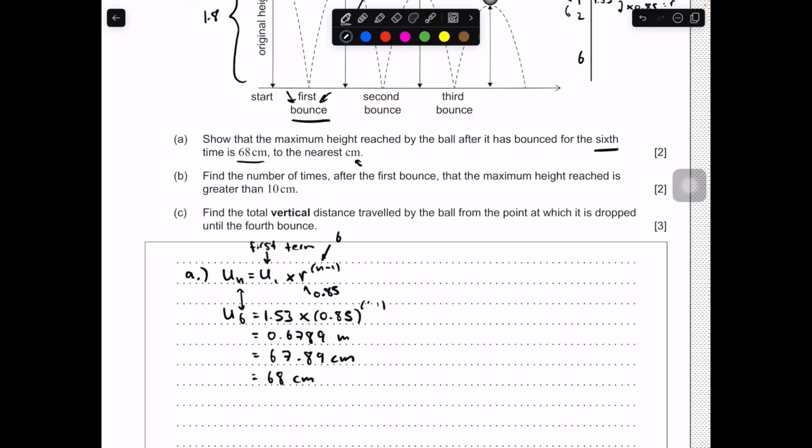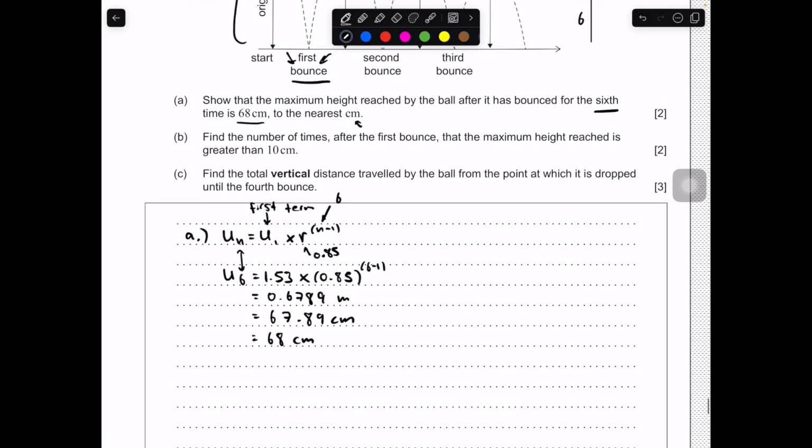So sixth term, 6 minus 1. Okay, part B. Find the number of times after the first bounce that the maximum height reached is greater than 10. So we've kind of done the hard work, and we've got an equation which is 1.53 times 0.85^(n minus 1). Find the number of times after the first bounce that the maximum height reached is greater than 10